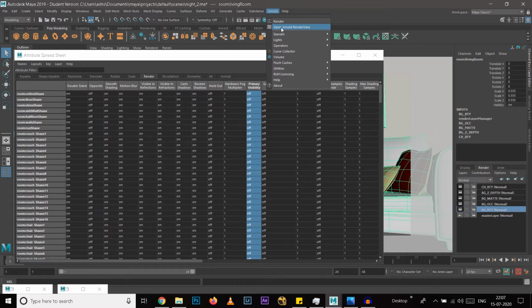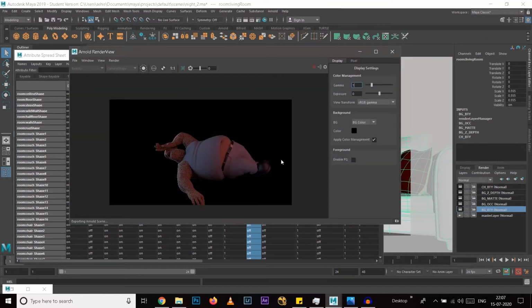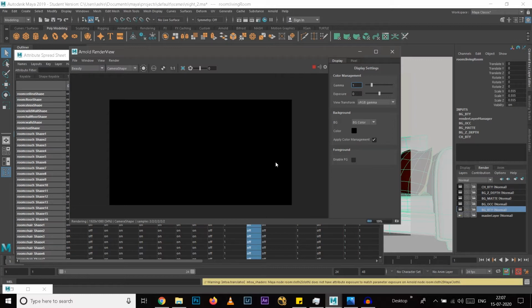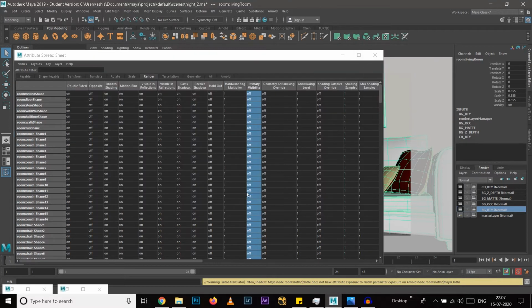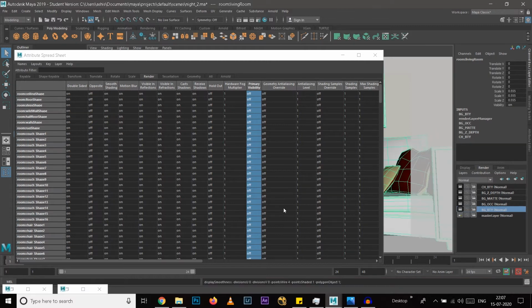So if I render this BG beauty, it will be totally blank because there is no object. If you check alpha, you will find that there is no object, because now this camera is not able to recognize the presence of this background. So it's not rendering, but we don't need that.